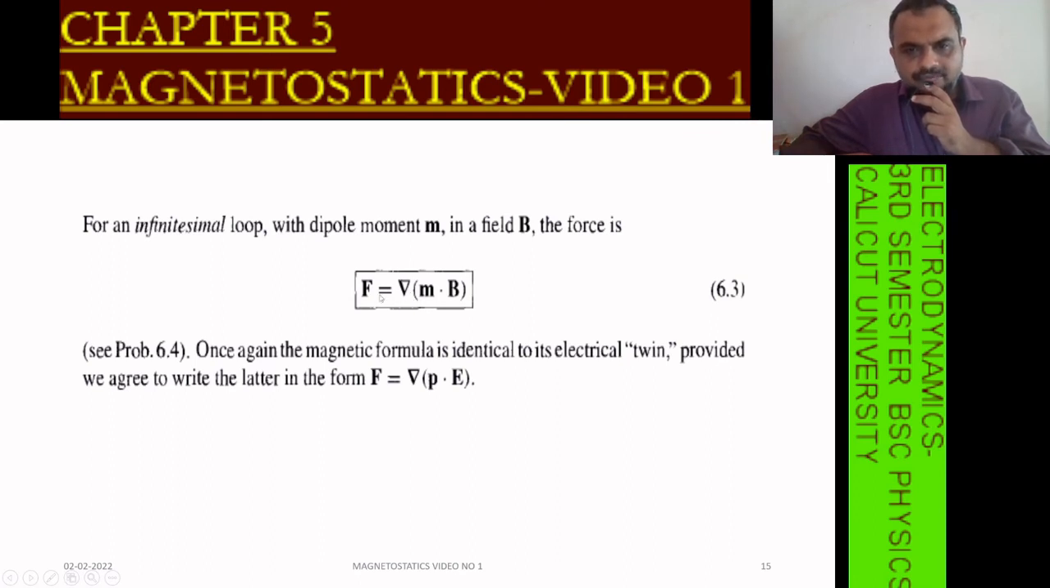Now, how will you find the force? I told you the torque is m cross B. So if I find m dot B, magnetic moment dot magnetic field, and then take the gradient,